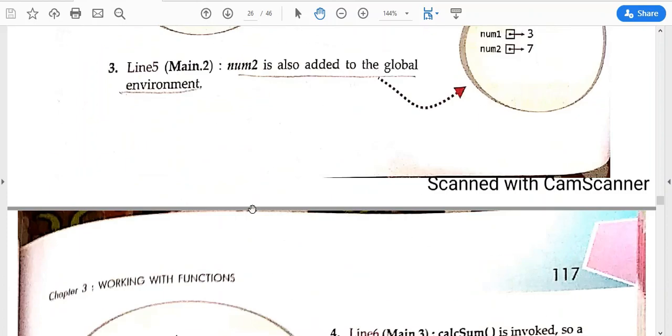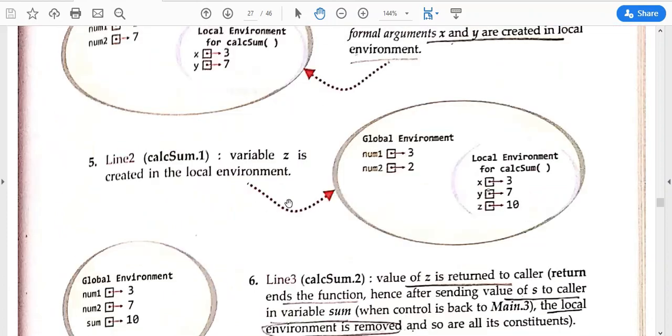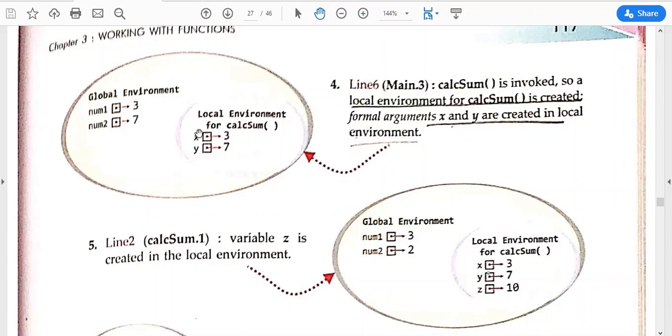You see diagrammatically how they are representing it. So num1 and num2 were assigned to x and y. When this line 6 calc sum function call is received, it creates another environment, the local environment of the calc sum function, where the values of num1 and num2 are passed to x and y.